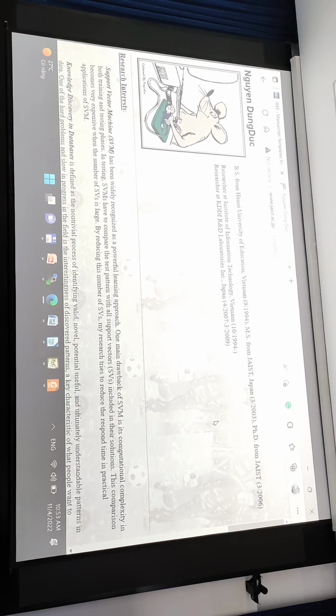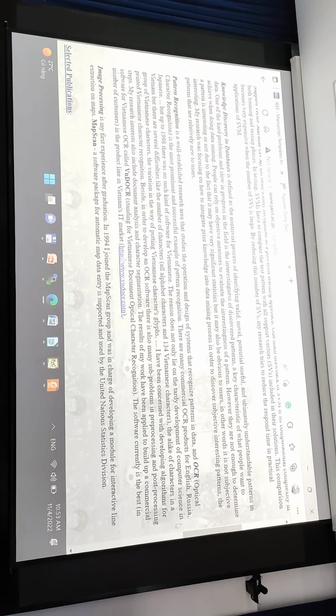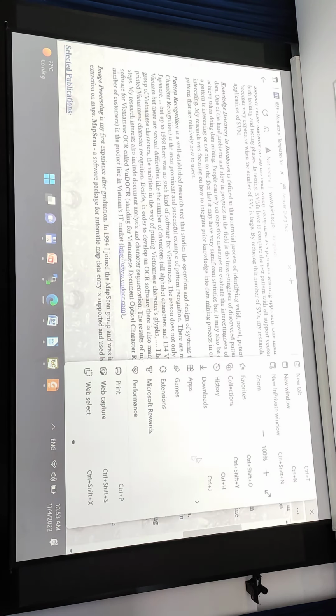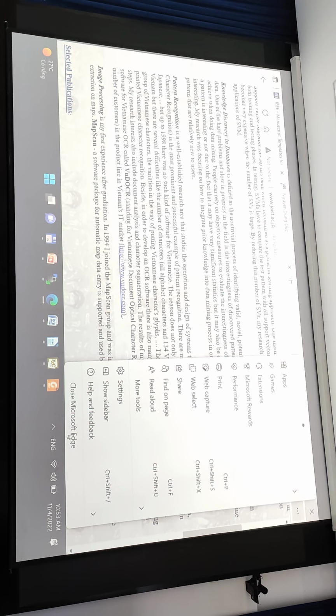This is my folder from when I was still a master's and PhD student in Japan. Actually, these are HTML files, and with these HTML files, you will see the source. How to see the page.